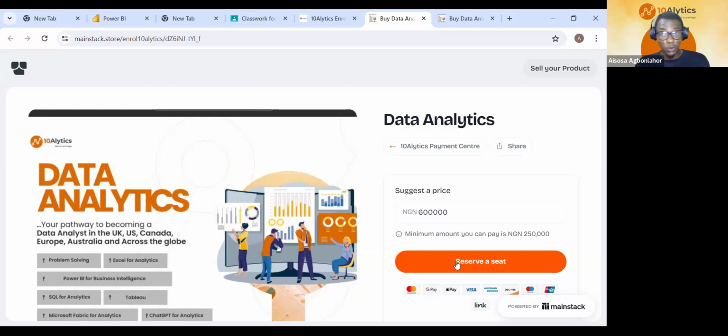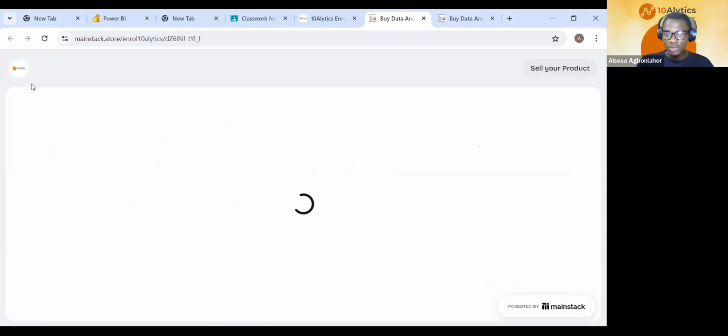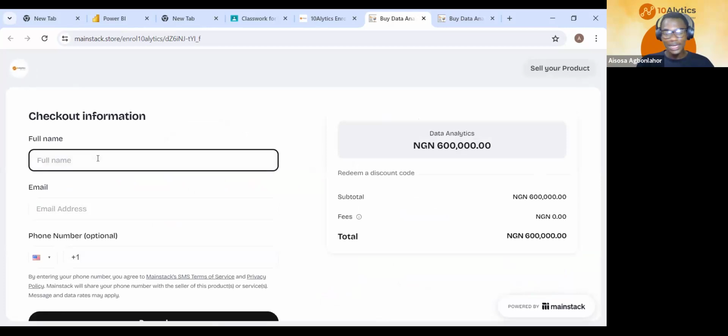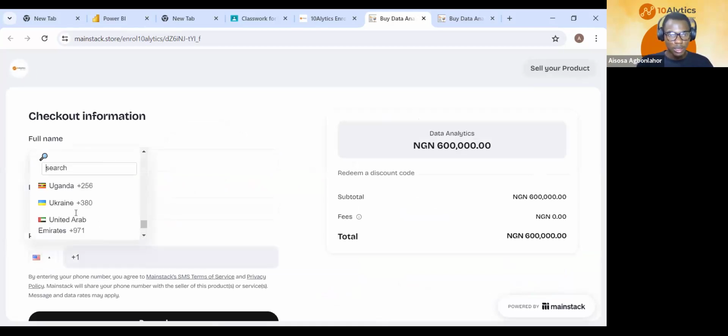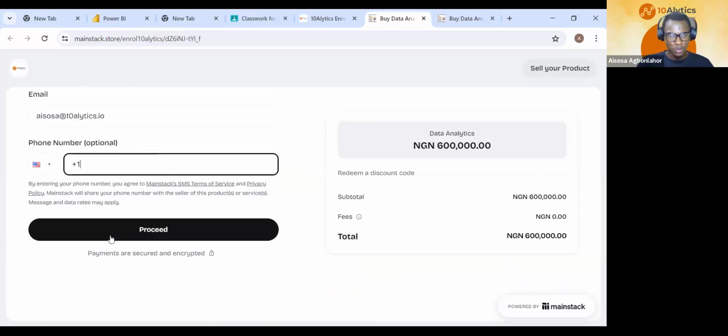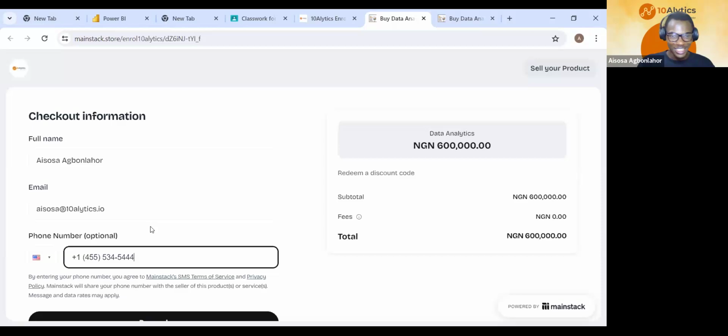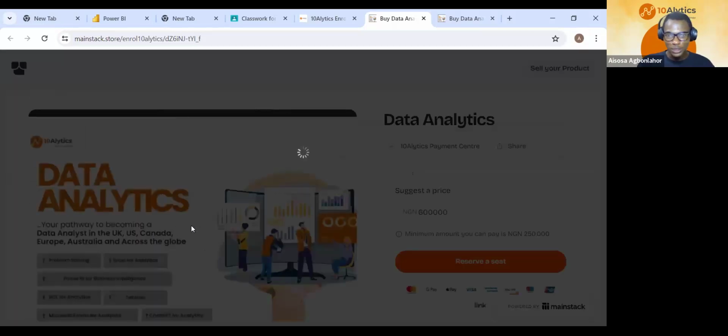That's if I want to make the payment for the full discount. I click on reserve a seat. It takes me to this section. I insert my name, and then my email address, isusa@10analytics.io, and then my phone number. Let me just insert a bunch of numbers for now so you get to see. If I click on proceed,